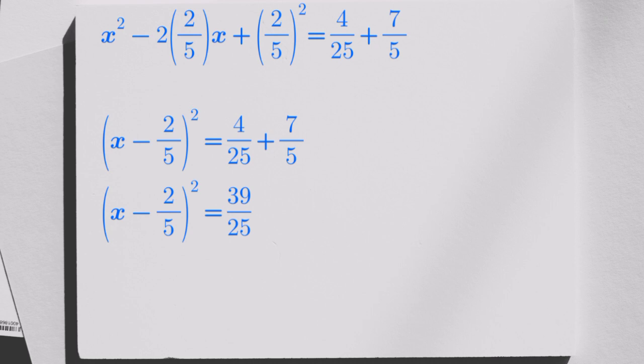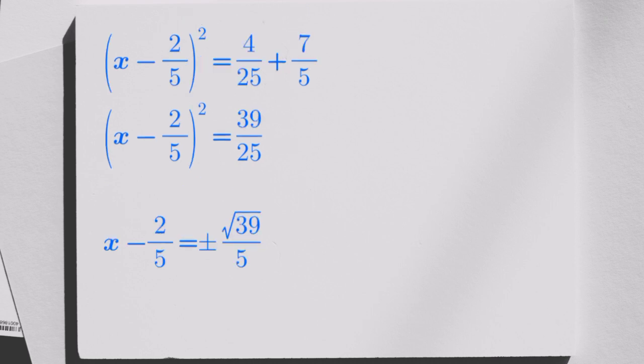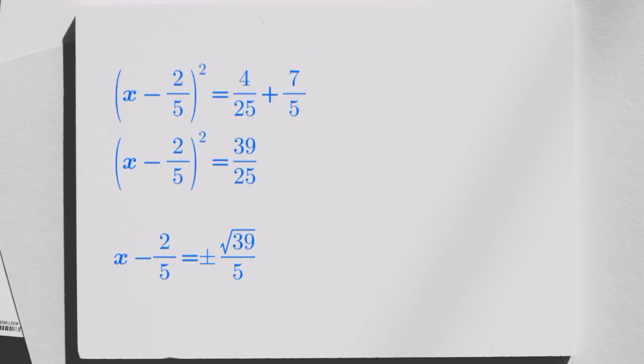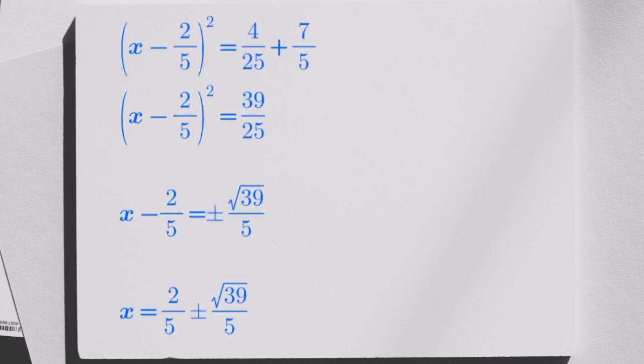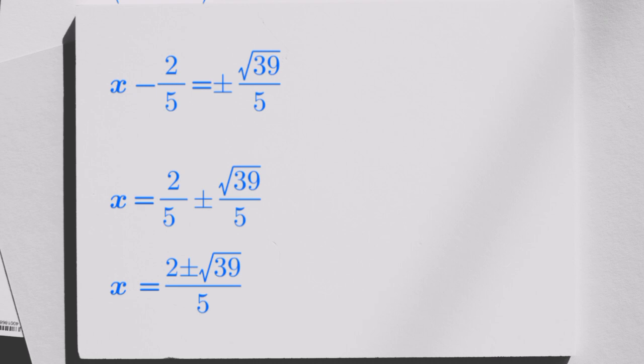The next step, to get rid of the square, we are going to take the square root of both sides of the equation. And this is going to give us x minus 2 over 5 is equal to plus or minus square root of 39 over 5. So the value of x here is equal to 2 over 5, then plus or minus square root of 29 over 5. Again, you can actually write it as x equals 2 plus or minus square root of 29 over 5. So when you put this in your calculator, you're going to actually get the two answers of